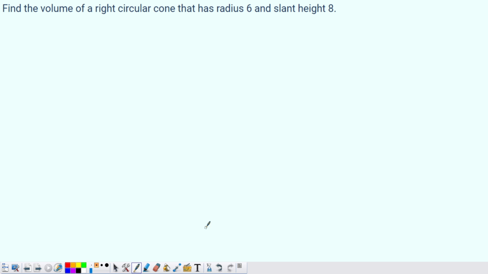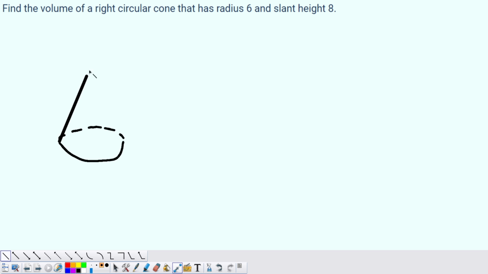Hello everyone. So today we're going to find the volume of a right circular cone that has a radius 6 and a slant height of 8. So if we were to imagine this cone, it would look something like this. Draw the circular part, the base, and then draw the apex of the cone, somewhere like that,